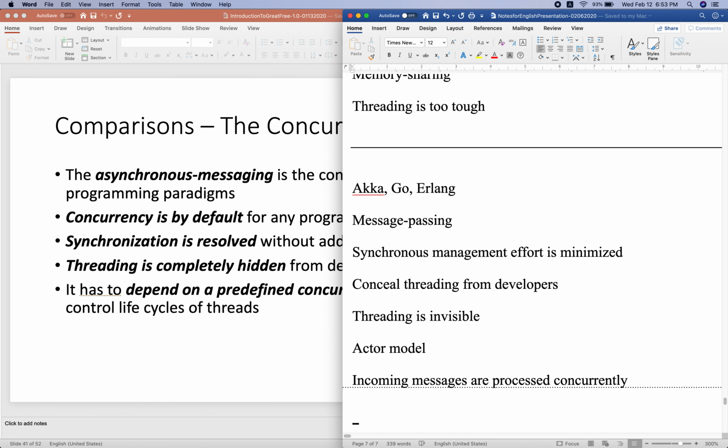You don't need to monitor the thread status. You don't need to know how to reuse these threads or how to collect the idle threads. You don't need to know about these things. That means when you're programming such a system, it saves you a lot of effort, right? So that's the major idea of Akka, Go, and Erlang.